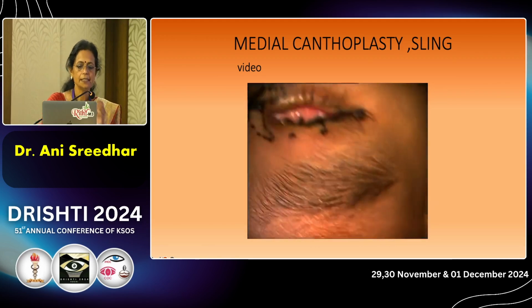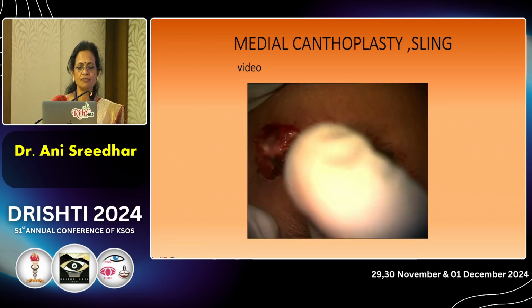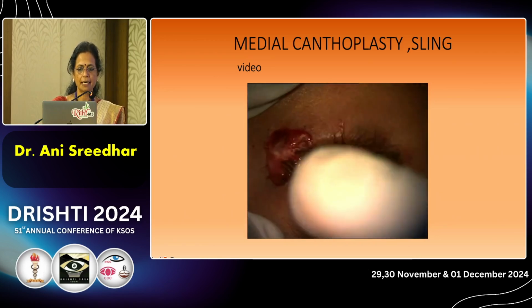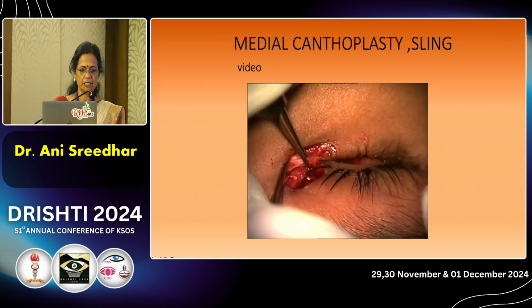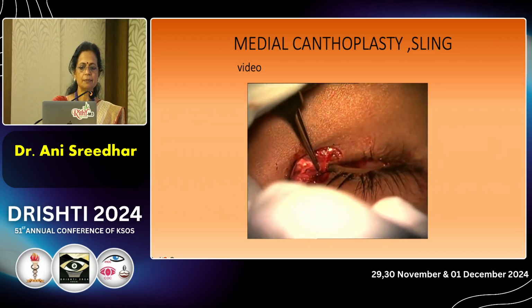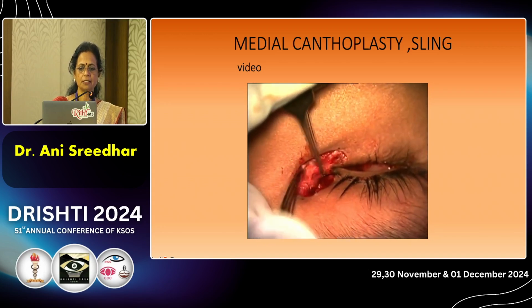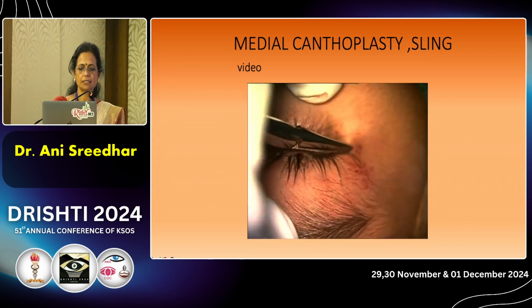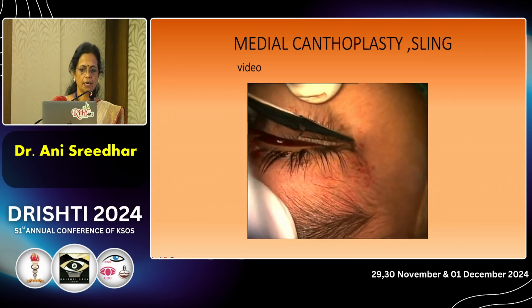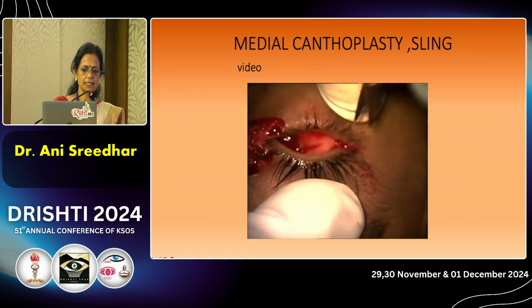horizontal and the vertical fissures. The horizontal fissure is increased by the medial and lateral canthoplasty, and the vertical fissure by a sling. So that is the medial palpebral ligament. It is lengthened actually. I am disinserting it from the insertion, shortening it, and now to get a little laxity, I am doing a